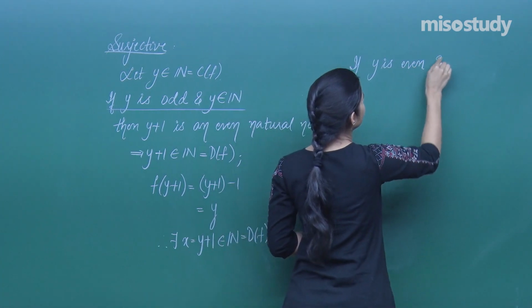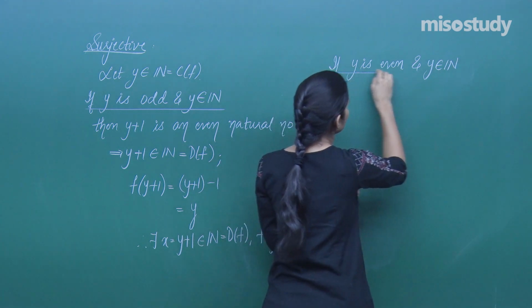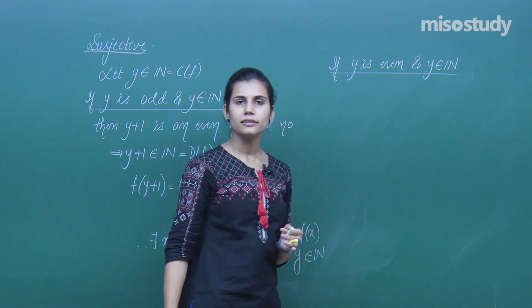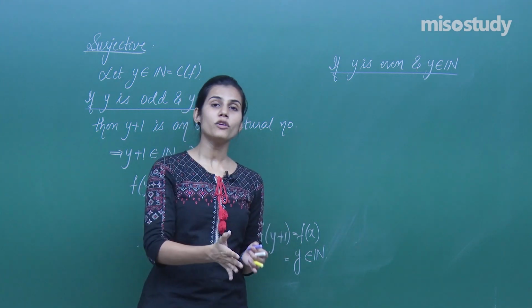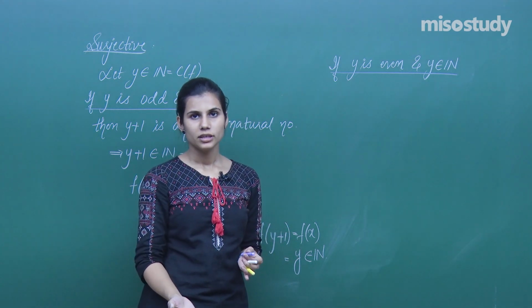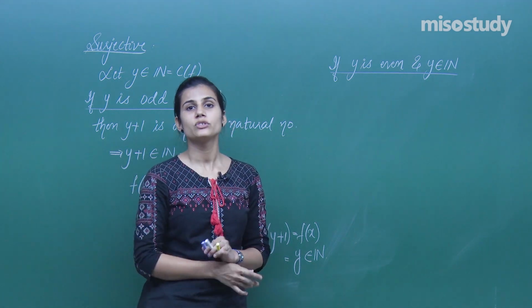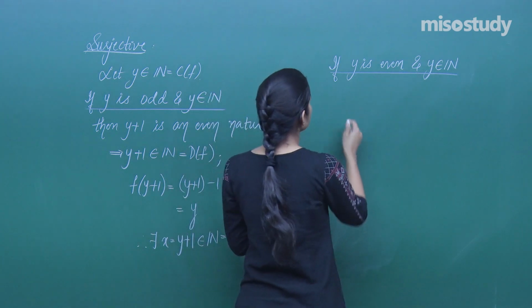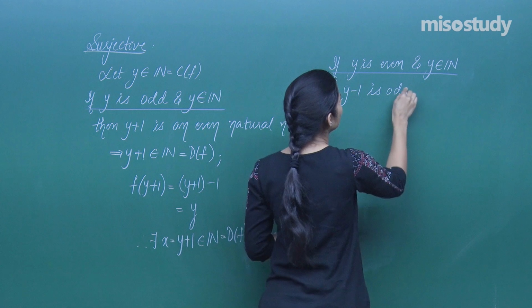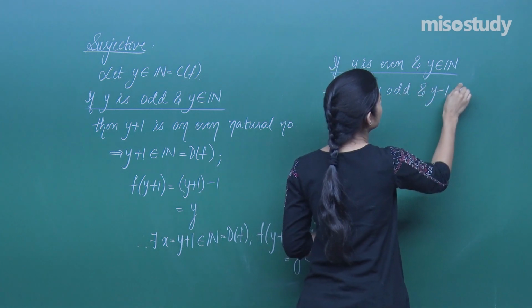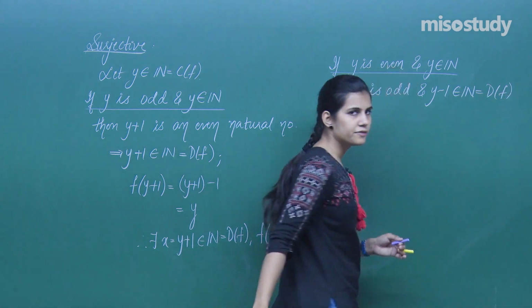If y is an even natural number, then what is that natural number which is going to get mapped to this y under f? If y is even, suppose y is 4, then just before 4 is 3, which is odd. If y is say 8, then just before 8 is 7, which is odd. So if y is even, this implies y minus 1 is odd and y minus 1 is a natural number lying in the domain of f,